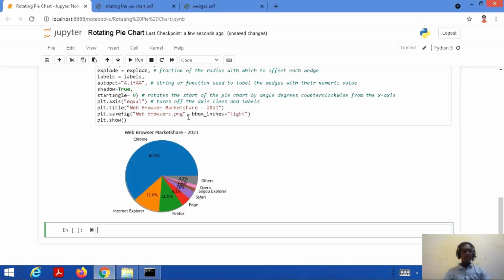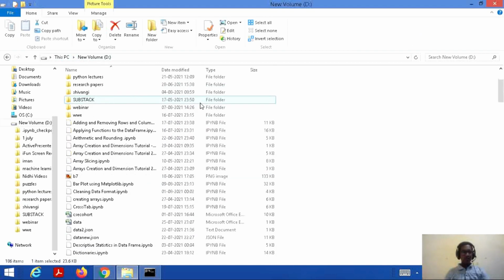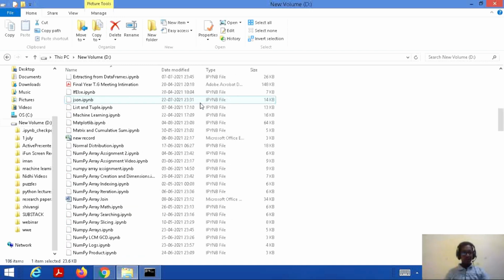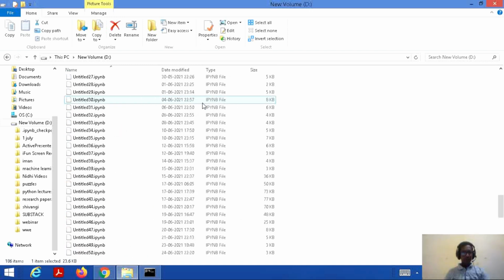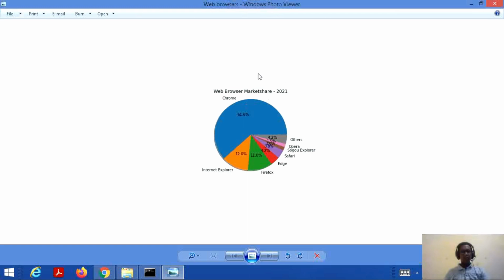Okay, so I am accessing it from my D drive. So let's check my D drive. Okay, so this is my D drive. And I just want to check the PNG file, that is web browsers. Okay, so yes, here it is in the last. This is web browsers. So if I just click it, okay, so this is how your file has been saved.